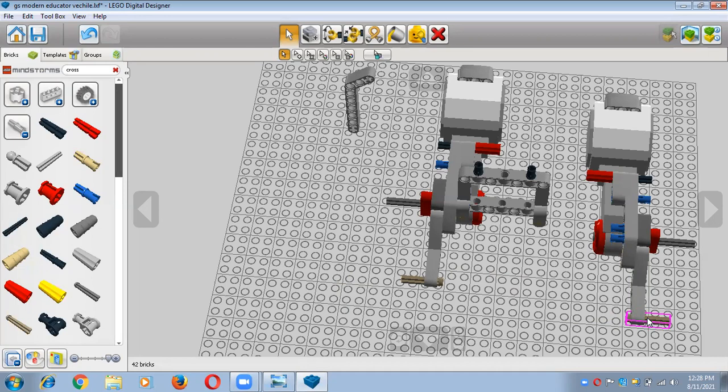Now in next step, what should I do right now? I am assembling this part here, right? अब मेरे को क्या करना है, ये पार्ट को मुझे यहाँ असेंबल करना है. So for that I'm just using connected selection tool. Reason is what, अगर मैं यहाँ पर सिंगली इसको सिंगल सिलेक्शन टूल की हेल्प से सेलेक्ट करूंगी तो only one part will come, right? But right now I want to take all the parts together.